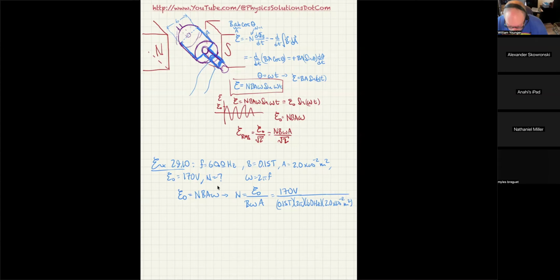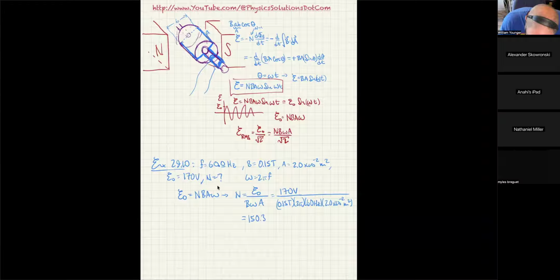So in the bottom, we get hertz times Webers, and a volt divided by hertz times Weber gives you basically, because a hertz times a Weber is in fact a volt, that cancels out and leaves just a pure number. So with this in mind, I'm going to say 170 divided by parentheses 0.15 times 2 times 3.14159. That's the 0.15 times 2 times pi times 60 times 2 times 10 to the negative 2, and close parentheses, and that gives me N is equal to